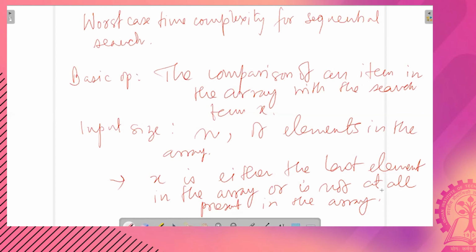Okay, so in these two cases, that is if the last element matches with X or X is absent in the array, we encounter the worst case situation, and for both the cases you require n passes.